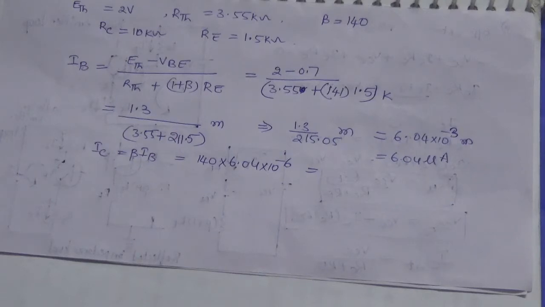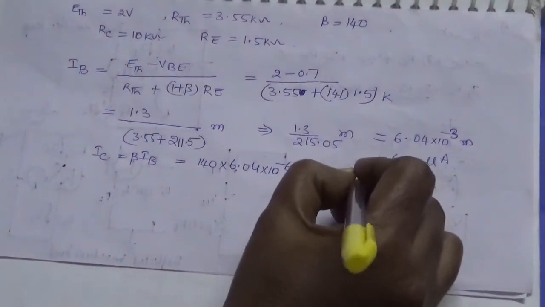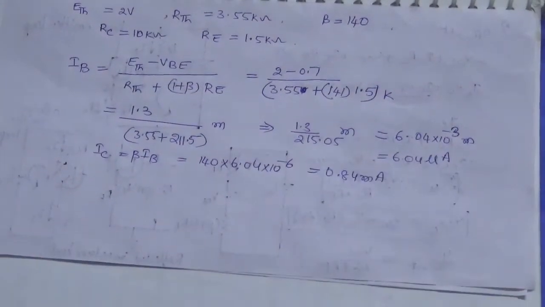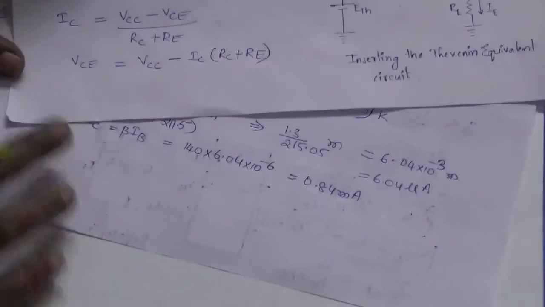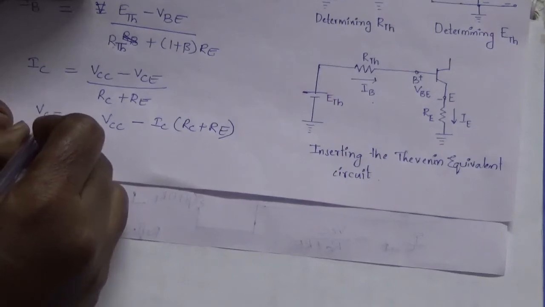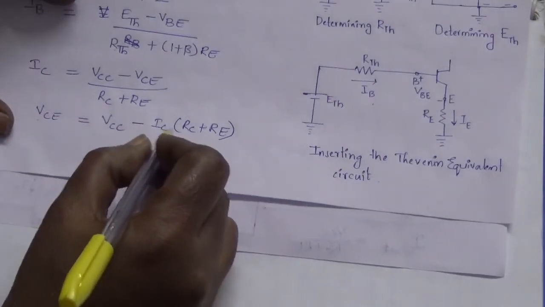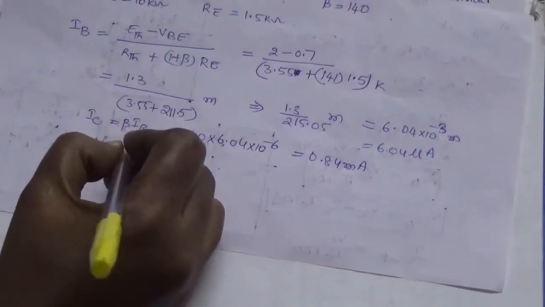So 10 to the power of minus 6. That is 0.84 milliamps. This is the IC value. So once we have IC, what is the formula to find VCE? VCE equals VCC minus IC into RC plus RE. So VCE is going to be